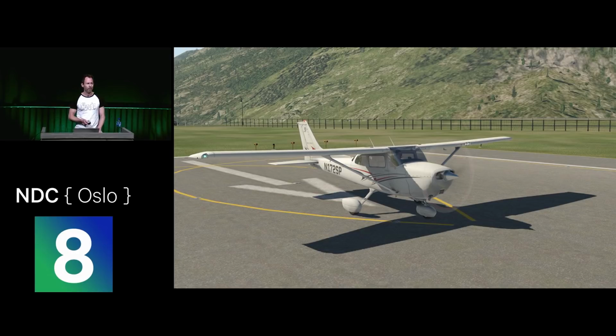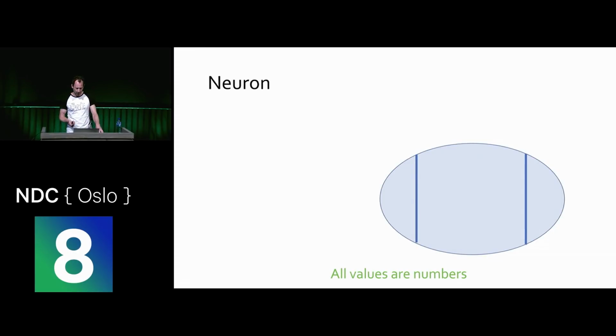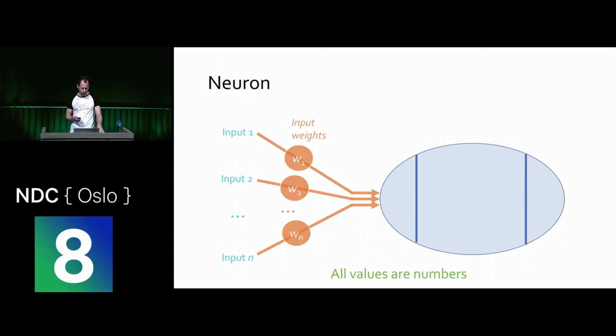So starting from the lowest unit, which is a neuron. A neuron has one or more inputs. It needs usually at least 2 to be useful. And all these inputs and weights, everything, these are all real numbers. It also has a bias. So when we fire the neuron, we apply some numbers to the inputs, and we multiply them by the weights and add up the bias. That gives us a total input. Simple linear arithmetic. Then we put it through a non-linear activation function, and we get the output. That's essentially what a neuron is.